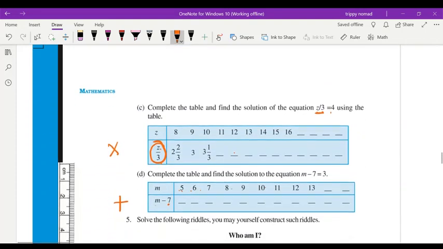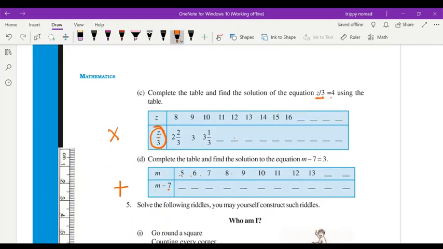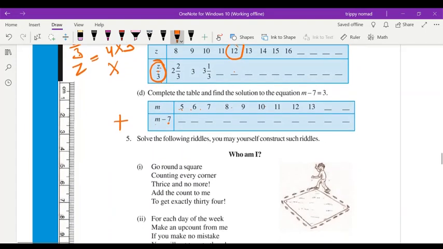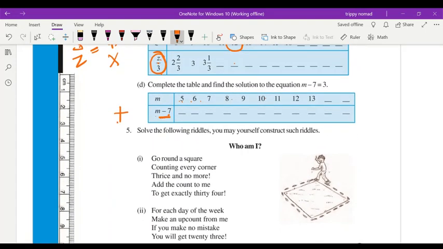एंड अब डिवाइड था तो आप मल्टीप्लाई कर देंगे, z अपॉन 3 इज इक्वल टू 4 एंड हियर z 4 तो था, अब 3 से मल्टीप्लाई करो तो व्हाट विल बी द आंसर? 12 विल बी द आंसर। ओके नाउ यहाँ पे माइनस साइन था, अपोजिट क्या है? प्लस। देन m minus 7 is equal to 3, तो m is equal to 3 plus 7 करोगे तो आप क्या मिलेगा? 10, so correct answer is 10.